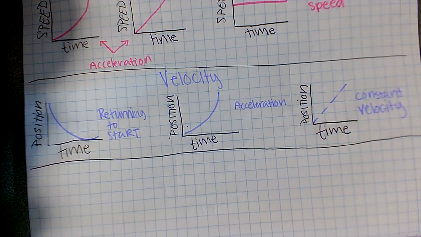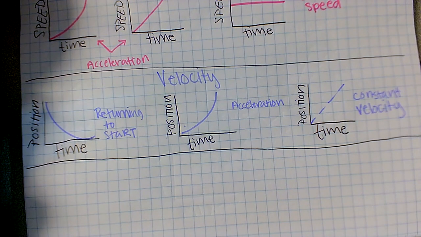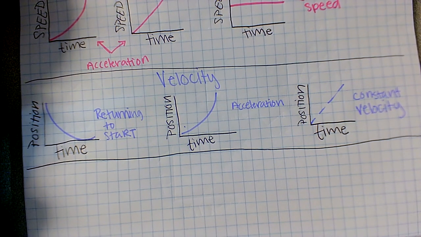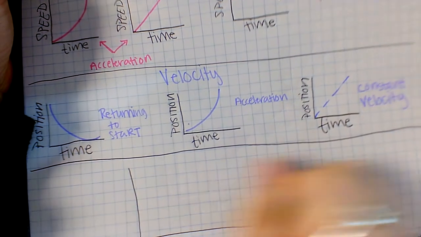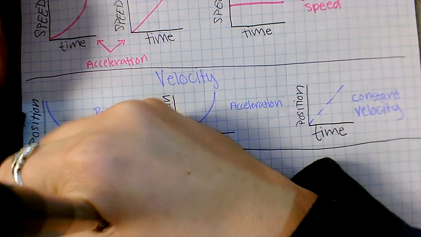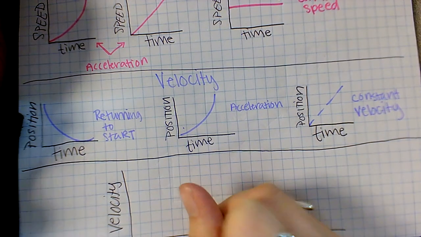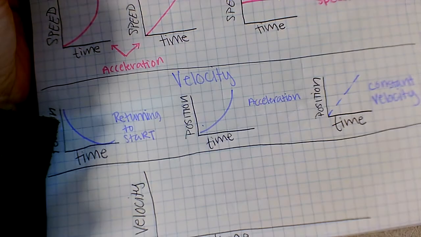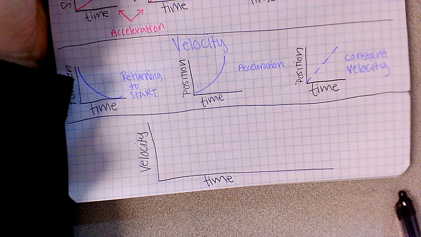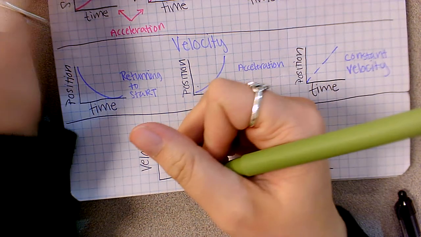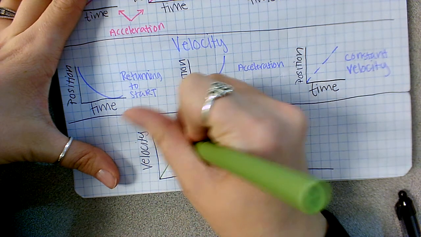Alright, so then we have, let's split the line again. And this one we're going to look at a velocity versus time graph. So velocity during time, that's what we're looking at. Okay. Oh goodness, you can't see that. All right, there you go. All right, so velocity versus time graphs. So it's speed with a direction, so you know a couple of different things. So we're going to draw